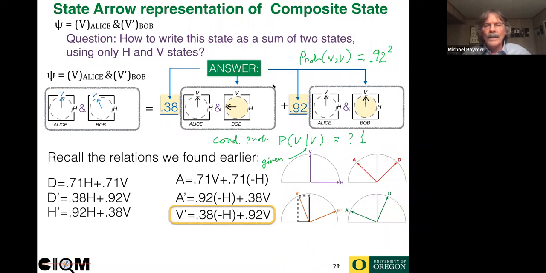You see, because now this state has been ruled out by Bob's observation. So this gets replaced by a 1. So that's interesting. If Bob calculates the probabilities before anybody makes a measurement, the probability of V and V is 0.92 squared. But if Bob goes ahead and he does see V, then he can predict that Alice will also see V with 100% probability.